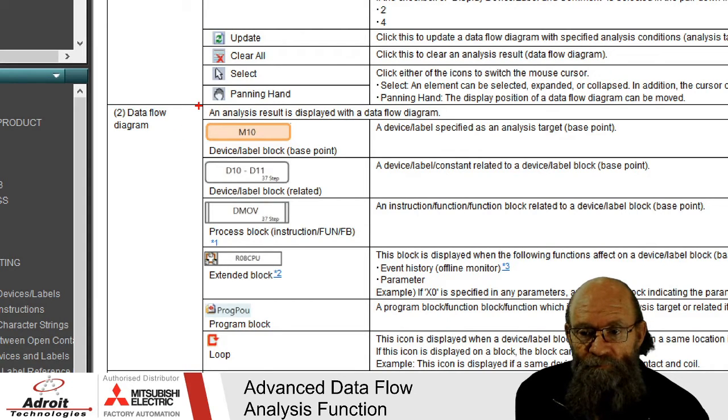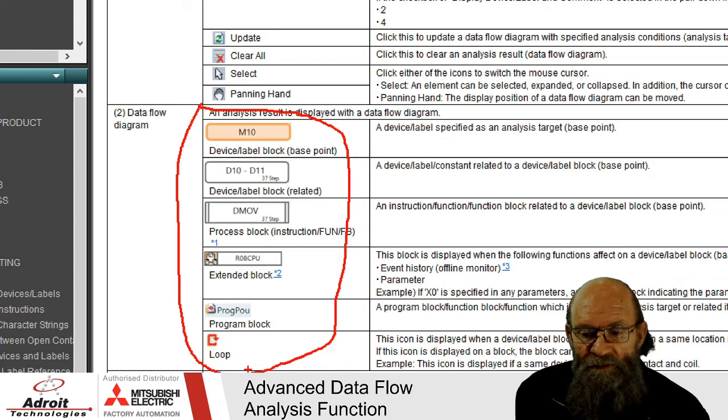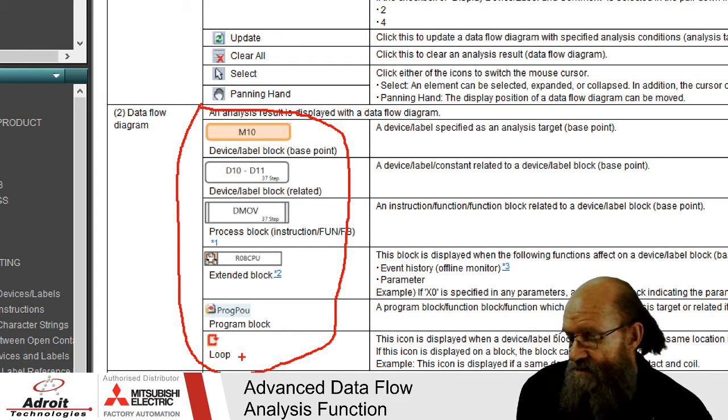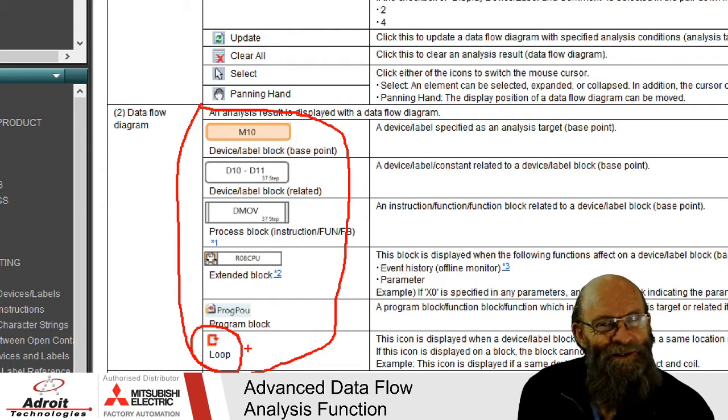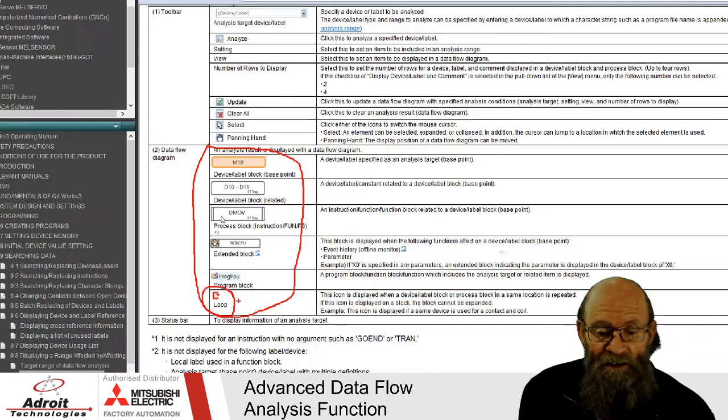Okay, so take note of the different highlights that you'll find during the analysis. So one item that I tend to run into, which I first of all didn't understand because I did not read the book, is the loop icon. So whenever you get to a loop icon in the data flow analysis, clearly explained in the manual,